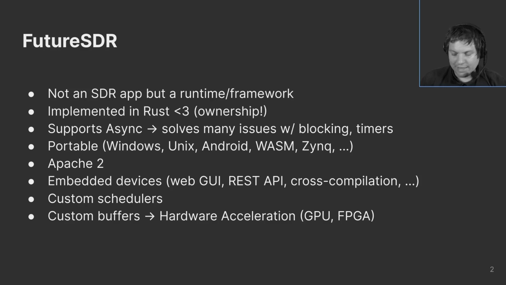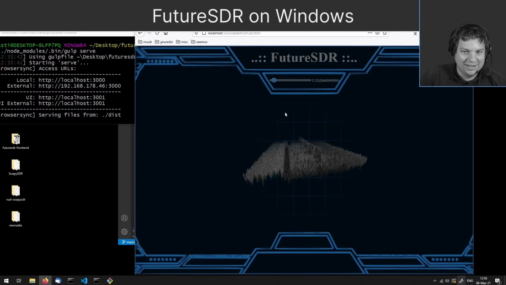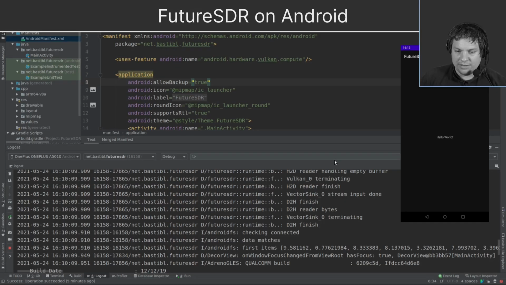FPGA. Okay, so let's have some screenshots. Here it's on Windows. It has a web GUI that I just made for fun with a 3D spectrum. Basically, it's there to show that on Windows you can also use the Soapy drivers and really have hardware support. And here's the Android app. Android supports the Vulkan GPU API. So if you write a program that's running on Linux using Vulkan, we can just put it on the phone. It works because that's supported by Android. And so in this case, we have device to host and host to device transfers with Vulkan, everything running on Android. So this is trivial to do.